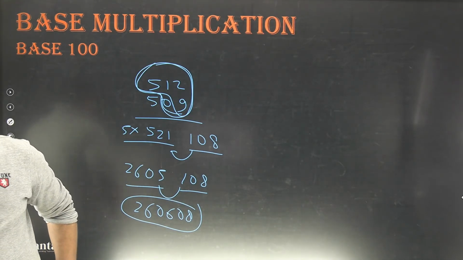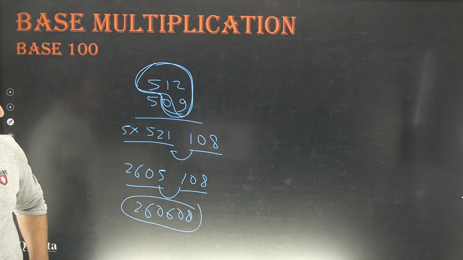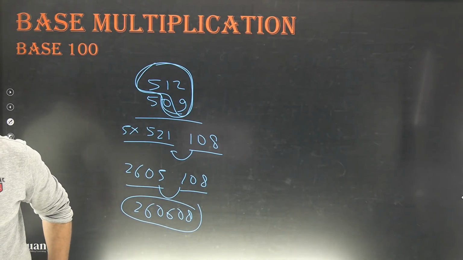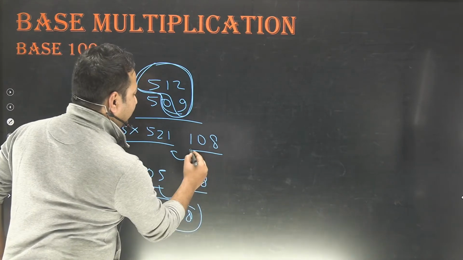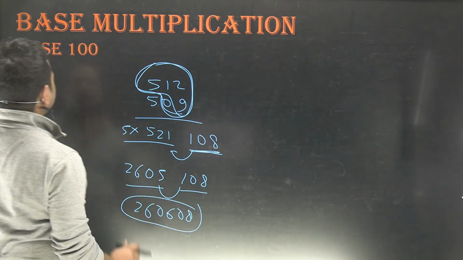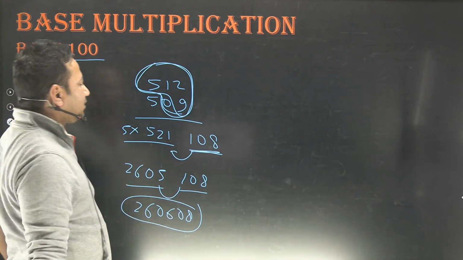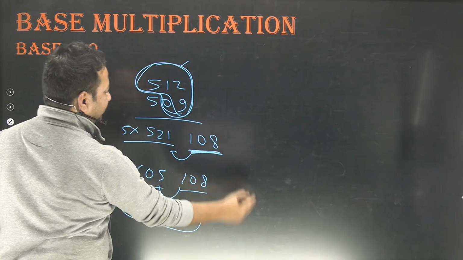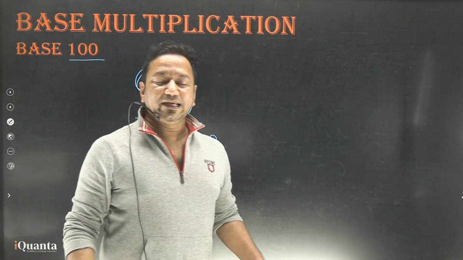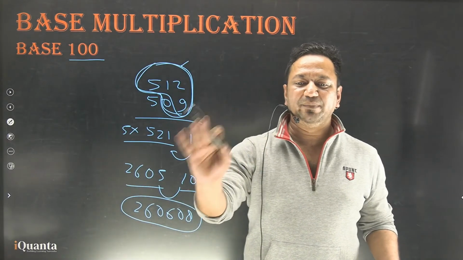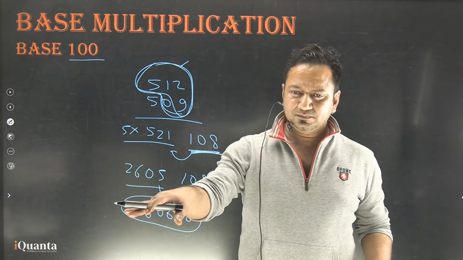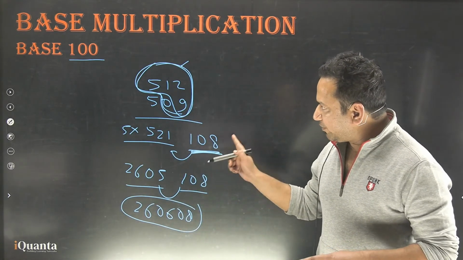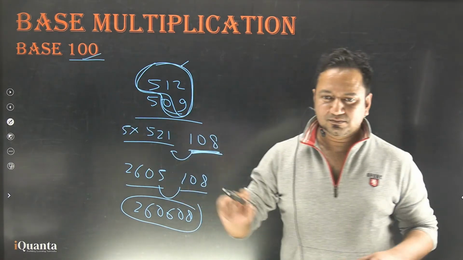Avanya is asking how to know when to carry forward. When the base is a multiple of 10 but not a multiple of 100, this place would have only one digit. When the base is a multiple of 100 but not 1000, as in the case of base 500 here, this needs to be only two digits. So how do we get to know? We get to know it by the number of zeros at the end of the base. Is that clear? The number of digits at the end would be equal to the number of zeros in the base. Clear?